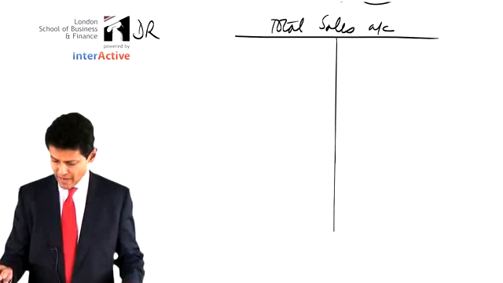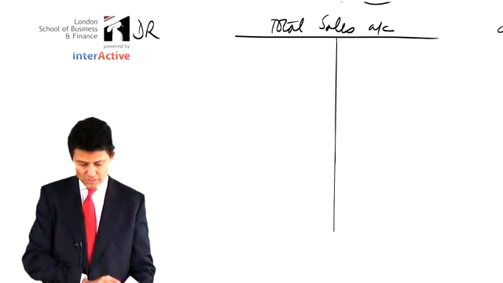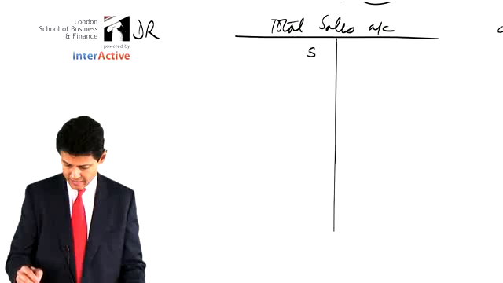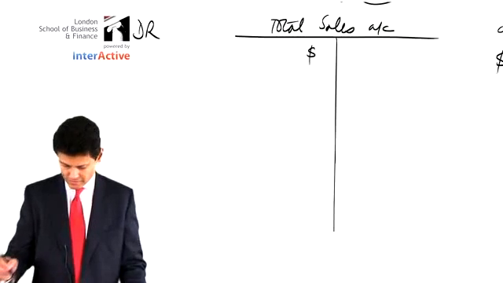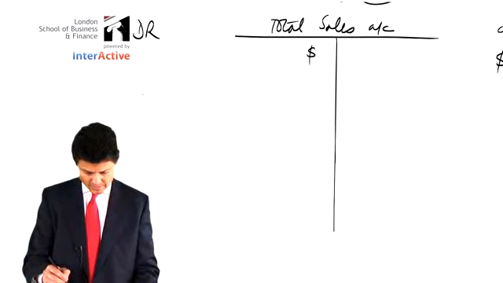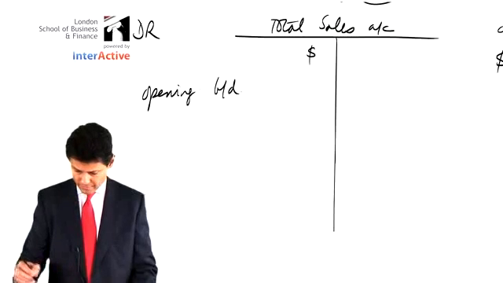Over here we have our credits, and we just bring in all the information we can find. The opening accounts receivable is 30,000, so I'm going to say on this side, because it's a debit, accounts receivable opening brought down is